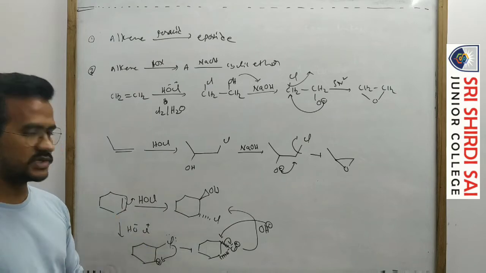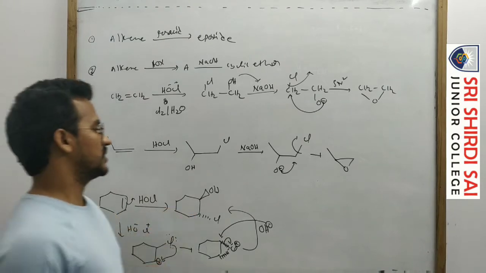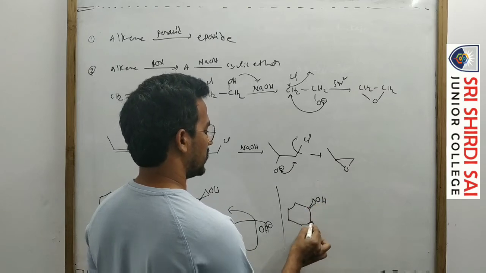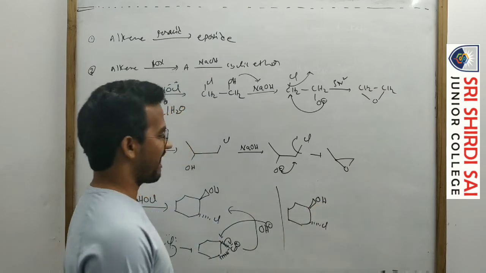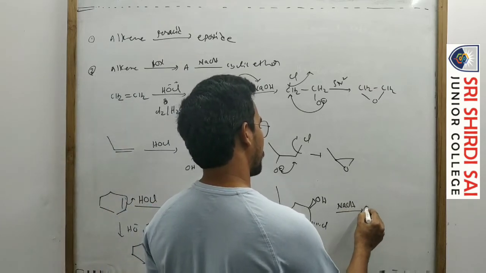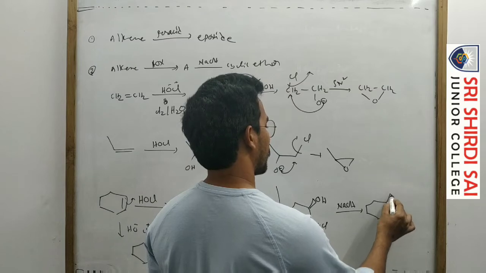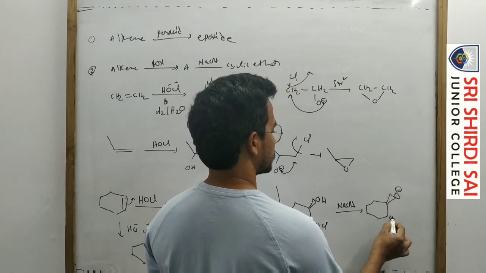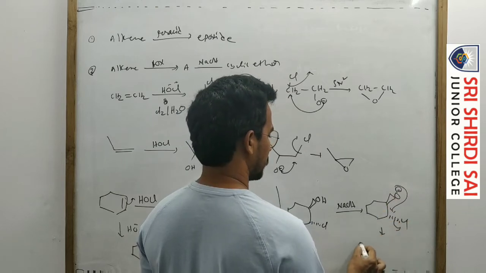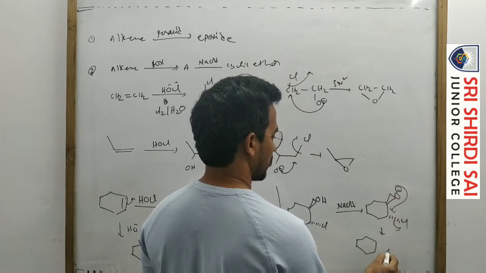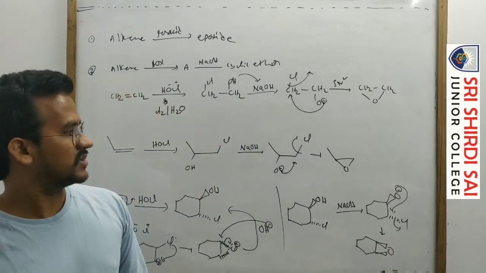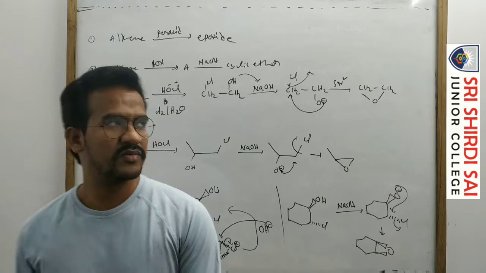Okay, already we discussed this in the alkenes topic in first year. Now here this compound has OH and Cl, one above the plane. Now this one I am treating with NaOH, giving O minus and Cl. Now an internal nucleophilic substitution reaction, so like this, that is the cyclic ether. Okay, these are the preparation methods for the cyclic ether.